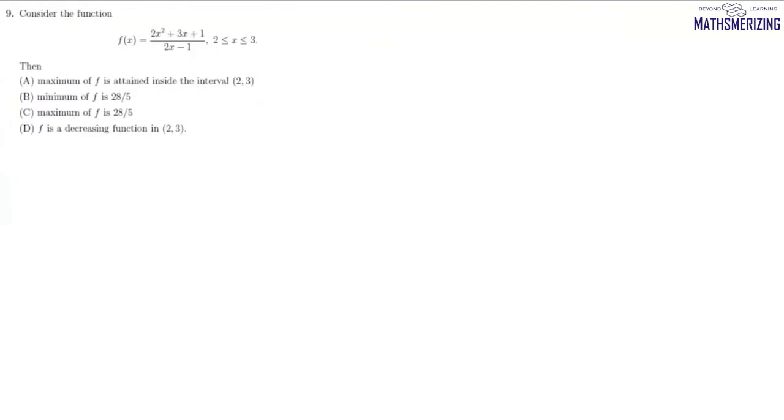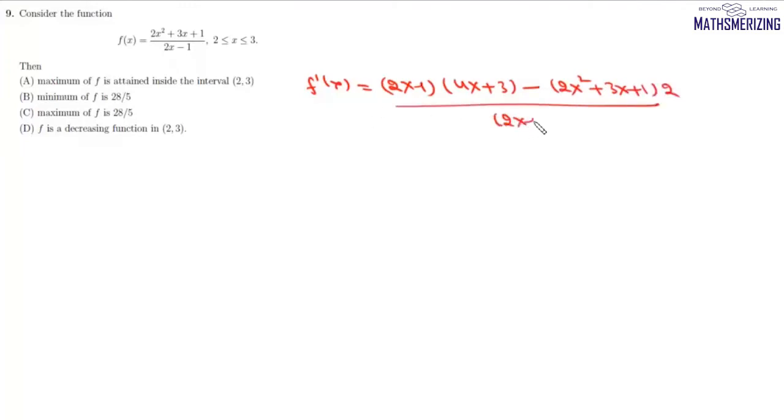Now question number 9 is, consider this function when x lies between 2 and 3. We need to find the maxima or minima of this function in this interval. Now we find f dash x will be 2x minus 1 into 4x plus 3, and then minus 2x square plus 3x plus 1 into 2, upon 2x minus 1 whole square. So it will be 8x square